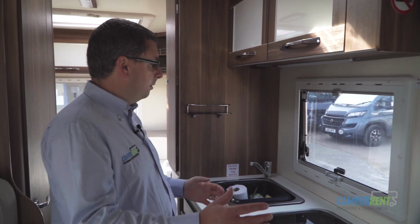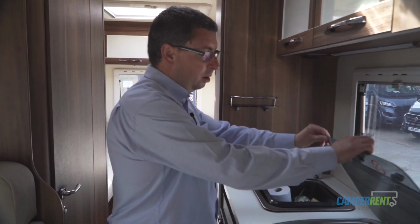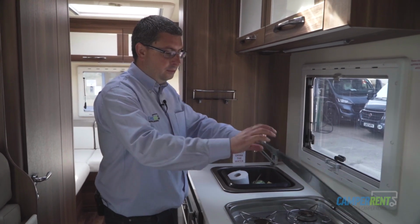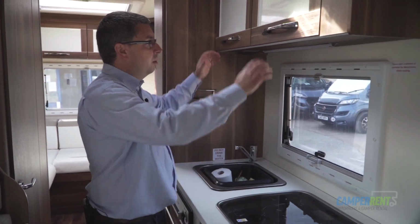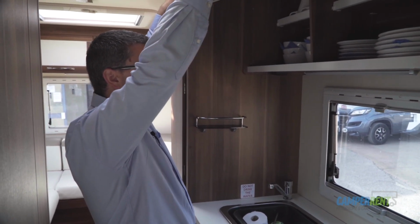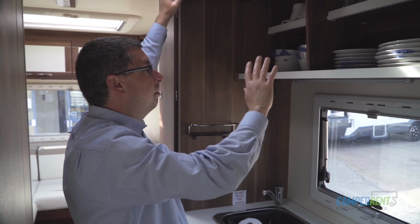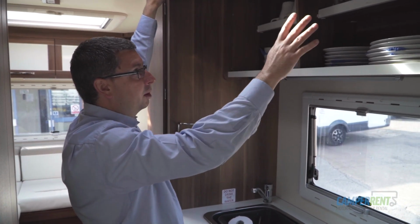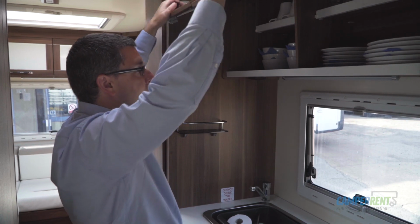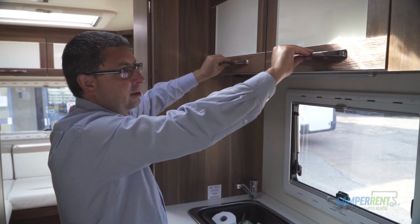Moving further back down the vehicle, we have your main kitchen area. We have your hobs for cooking. We have two main cupboards above the kitchen area. They're squeezy handles, so you squeeze them and they will lift up nicely. In here you've got your plates, your bowls, your mugs, wine glasses, decanters. Slowly close the cupboards, they will go quite fast and they'll click into place so that when you're driving they